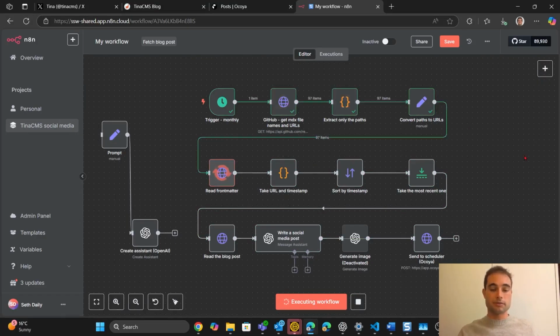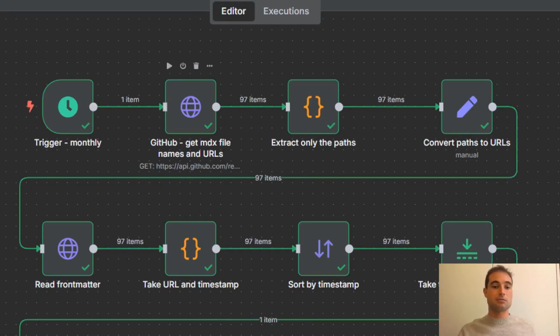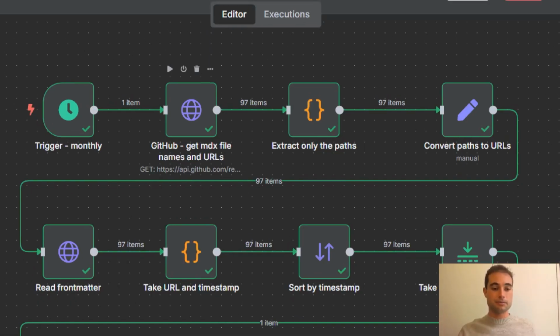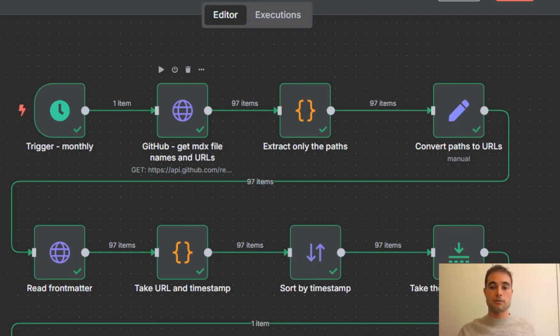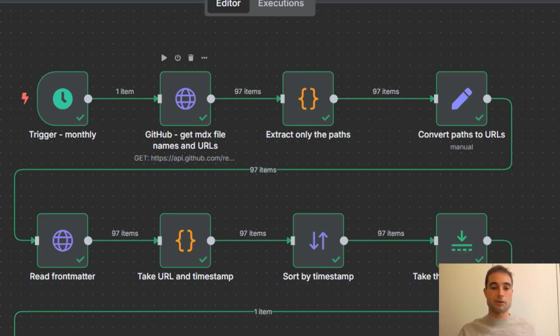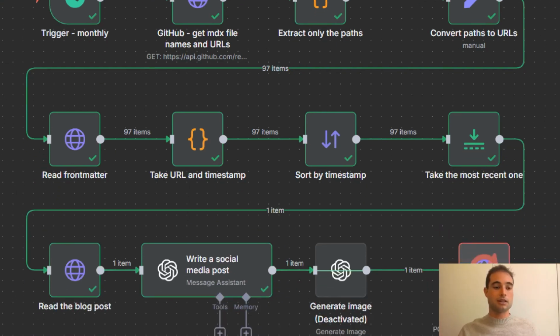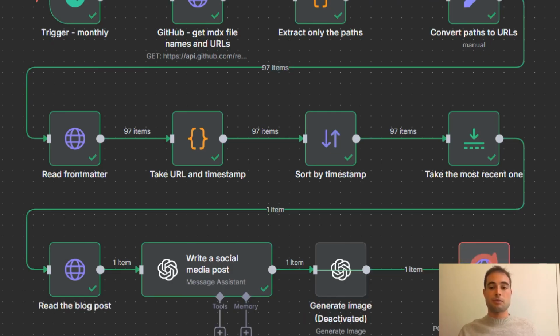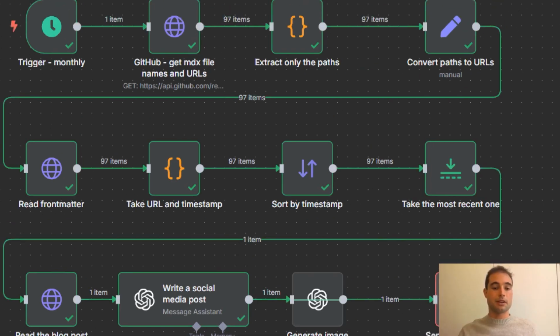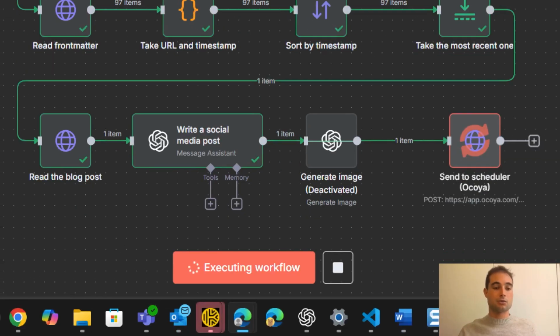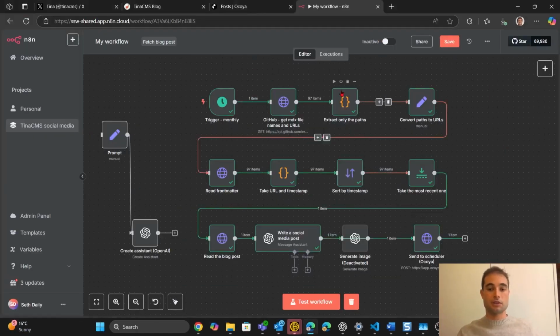So what it's doing, when it gets the trigger, it's reading the markdown files in GitHub for all the blog posts. It's getting the URLs from them. And then when we move to the next line, it's reading the front matter, it's pulling out the date, and then it's sorting them by the most recent one. So it's picking the most recent one. Now we go to the next line. This is where it reads the post, it writes a social media post about it, and then it sends it to the scheduler. All right, so that's basically what's going on in all of these boxes,